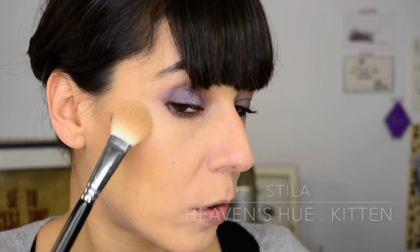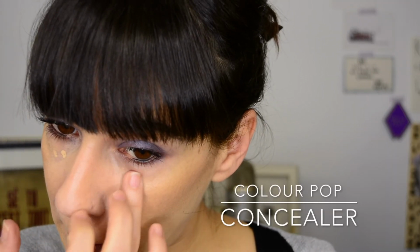And again, I'm using my favorite of the moment highlighter. This is the Stila one, and I'm so sorry that I didn't get a picture of the packaging, but you know what I'm talking about, I suppose. I'm such an idiot. Now I'm just erasing the dark circles with a touch of concealer,